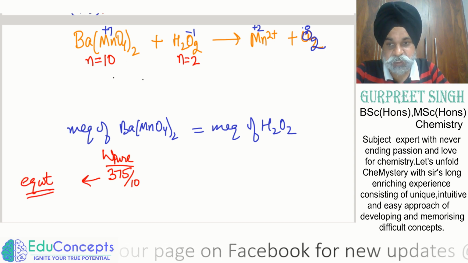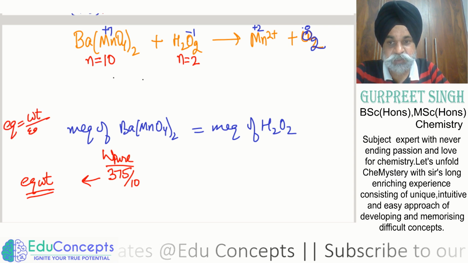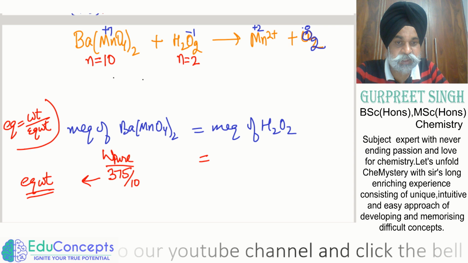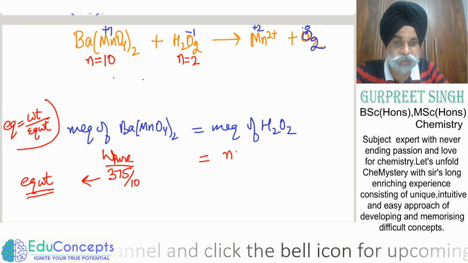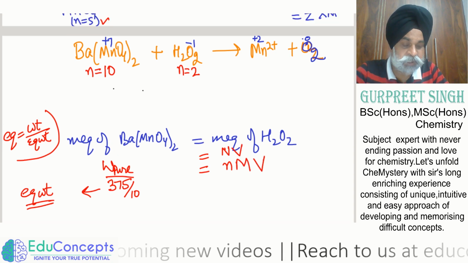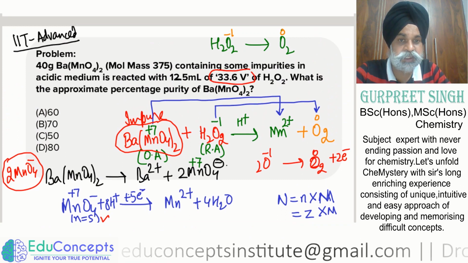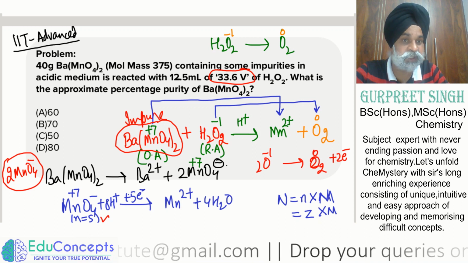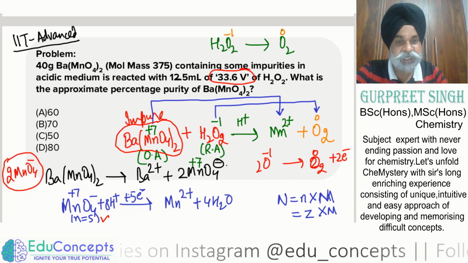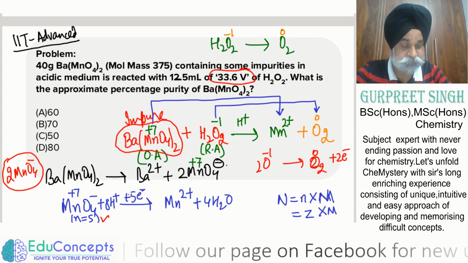So weight upon equivalent weight, what are equivalents? Weight upon equivalent weight is the equivalents. So मैंने equivalents लिख दिए, और यहाँ पर it is to be multiplied by n, and milliequivalents are normality into volume, which may be written like this. Now here comes the H2O2. H2O2 is given in terms of 33.6 volume of H2O2. This particular video is in regard to H2O2, and that is in the volume strength. Now that volume strength H2O2 is mixed with the redox reaction.